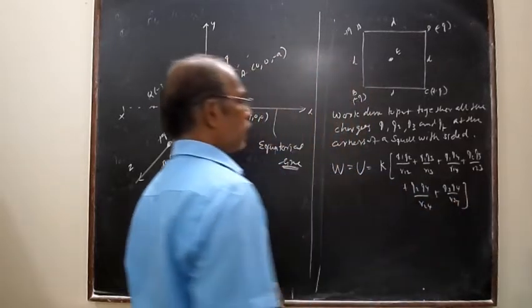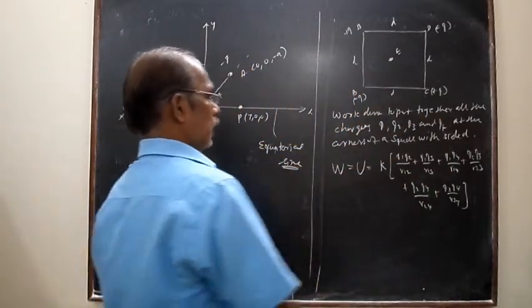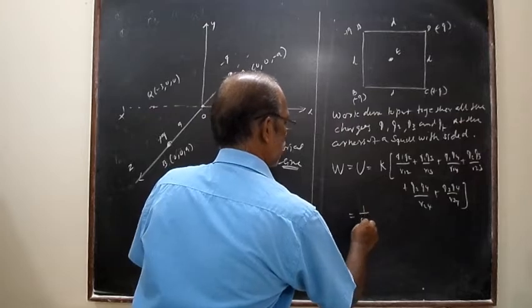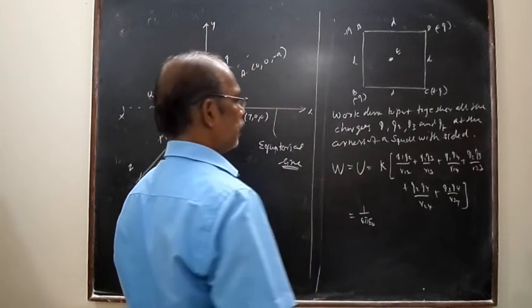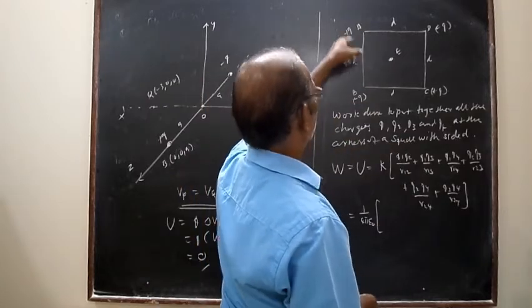This is the total potential energy of a system containing 4 charges, taking K equal to 1 by 4 pi epsilon naught, then Q1 into Q2 is minus Q square